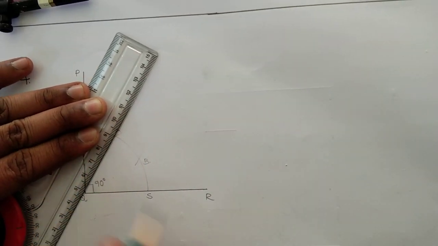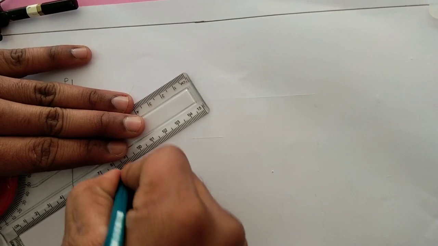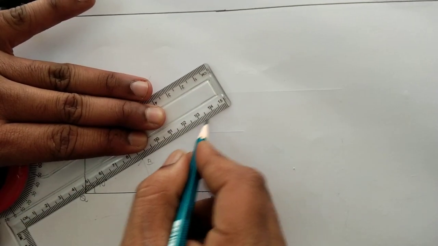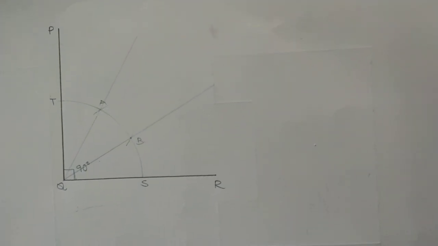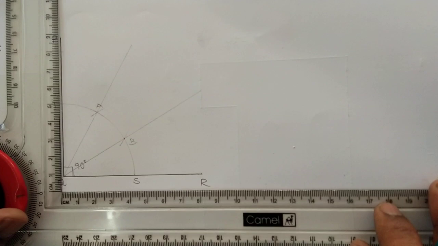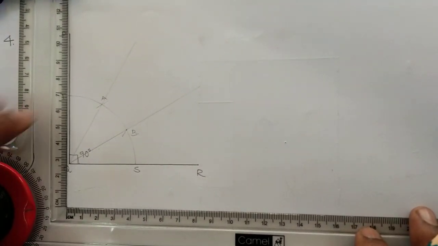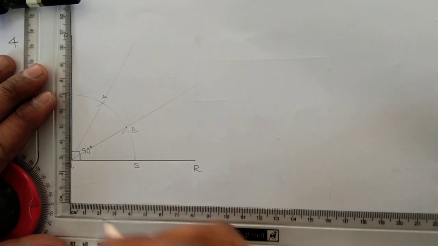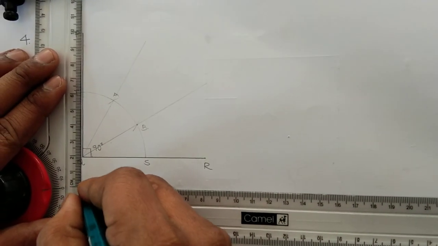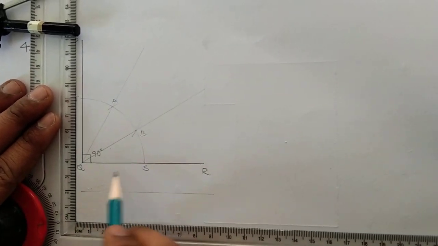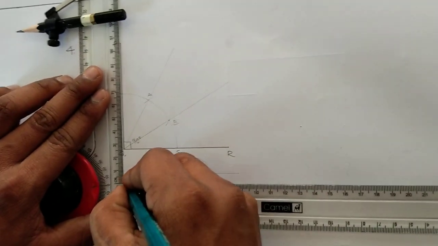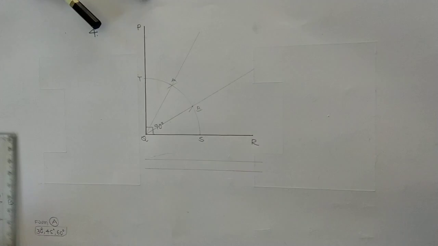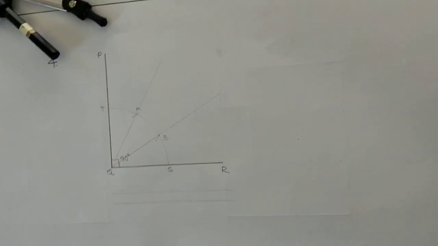Yes, this is 30 degrees. Similarly, here we will be getting another 30 degrees. Yes, this way we can divide the 90 degrees inclination into three equal parts. So here the subtitle is trisection of an angle. Trisection of 90 degrees. So we can write that particular thing within the guidelines. And one more thing, no need to show the length of this line because that is not available in the given problem. Here we can mention only 90 degrees and write trisection of 90 degrees. That's it. And we are moving to the fifth problem.